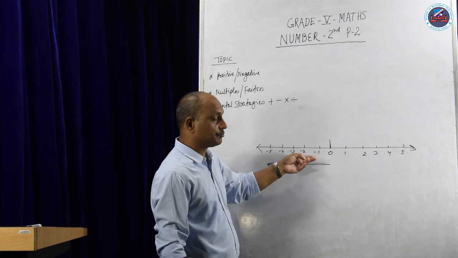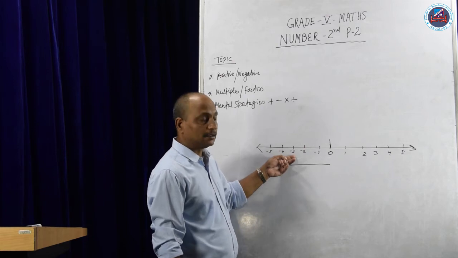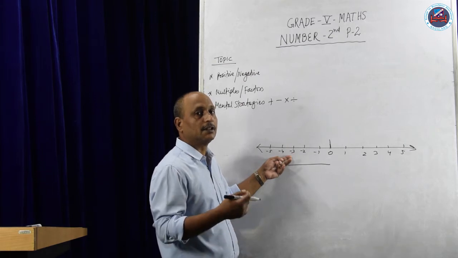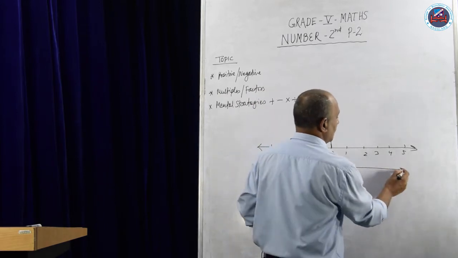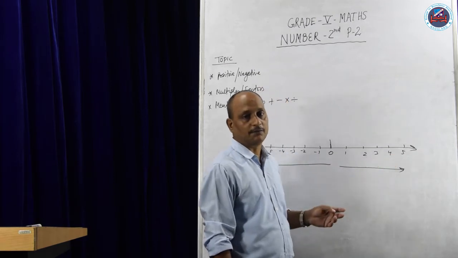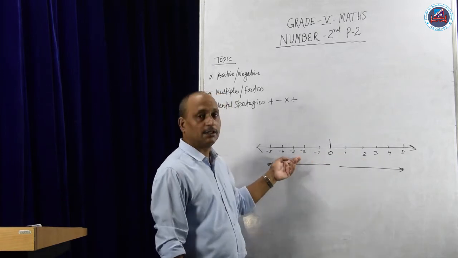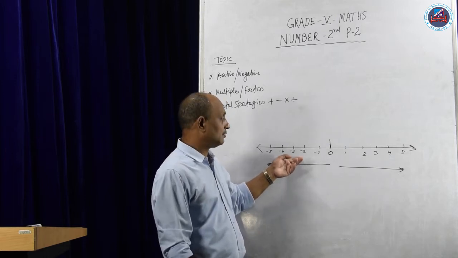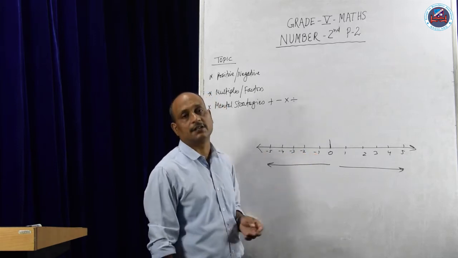That means the number which is bigger in minus, that is a negative number, is actually smaller. The higher negative number is the smallest. The numbers going towards the right hand side naturally get bigger, and the smaller is smaller. That is the difference between positive and negative numbers. We have to think carefully about negative numbers, because in negative numbers the smaller number is the bigger number and the bigger number is the smaller.